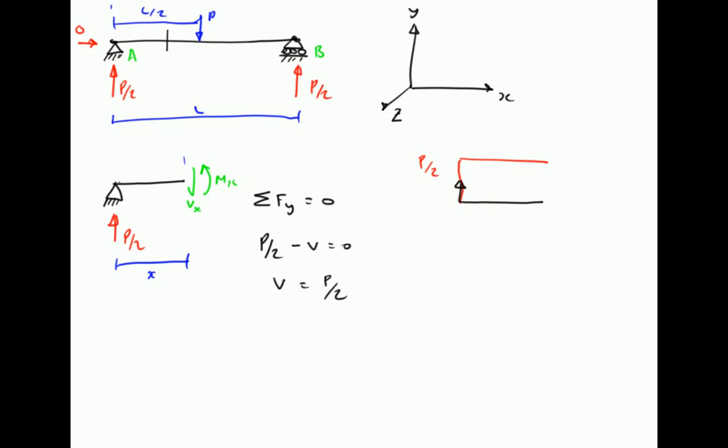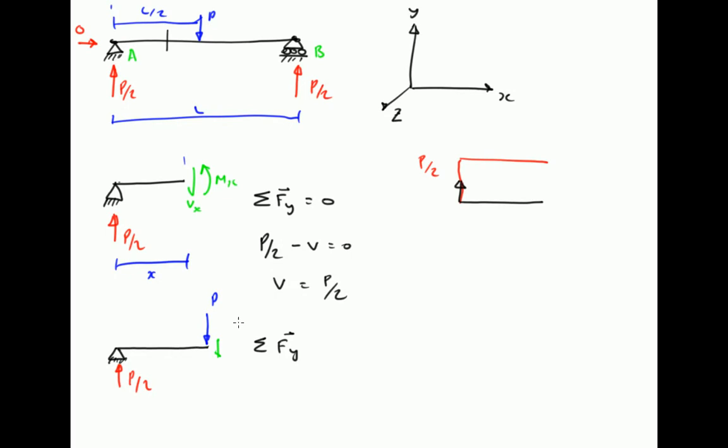When we get to the point in the beam where we are exactly halfway along, we are subject to a P in that direction, and we've just come slightly to the right hand side of that, so we've just picked up that P, and we still have the reaction at A, which is P divided by 2. So we say that our shear force here, if we sum the vector forces in the y direction, is P divided by 2, and this time minus the full amount of P, and then we are trying to find a shear force, and in actual fact the shear force, we will see,